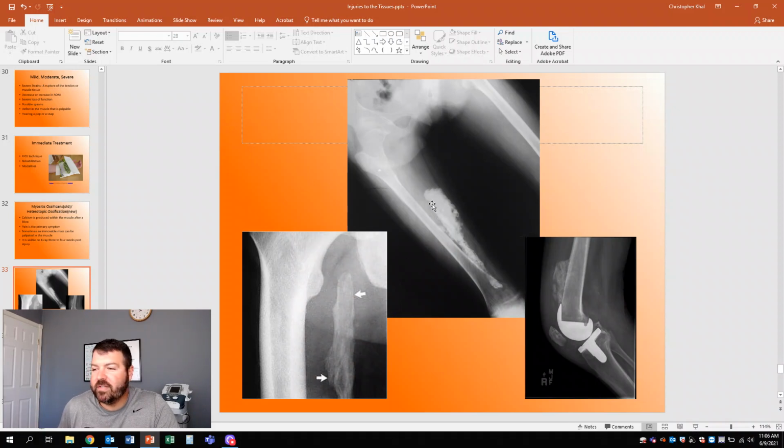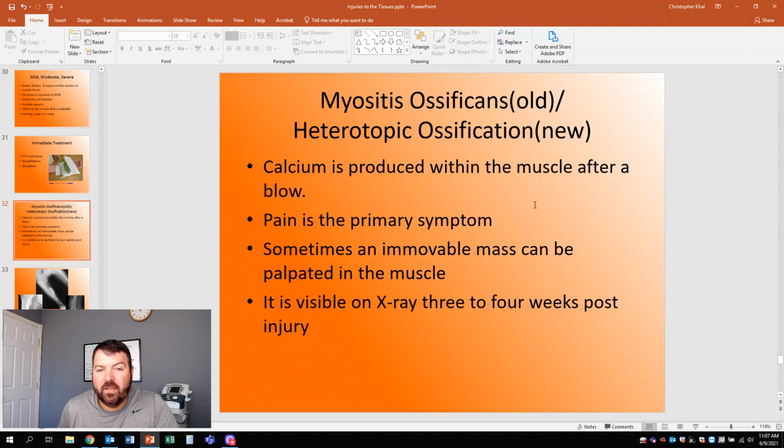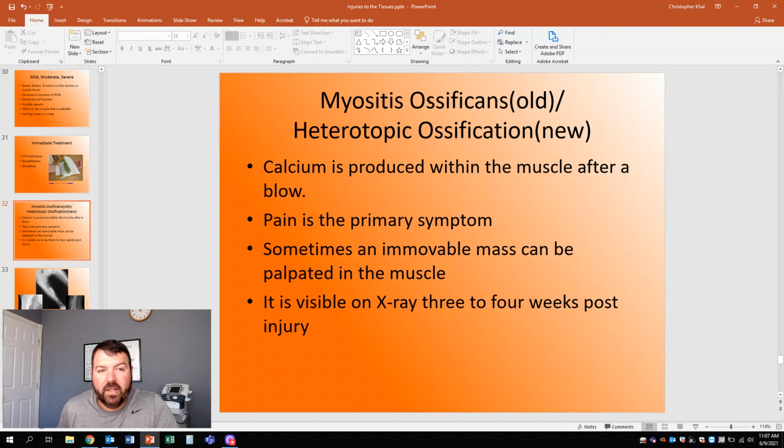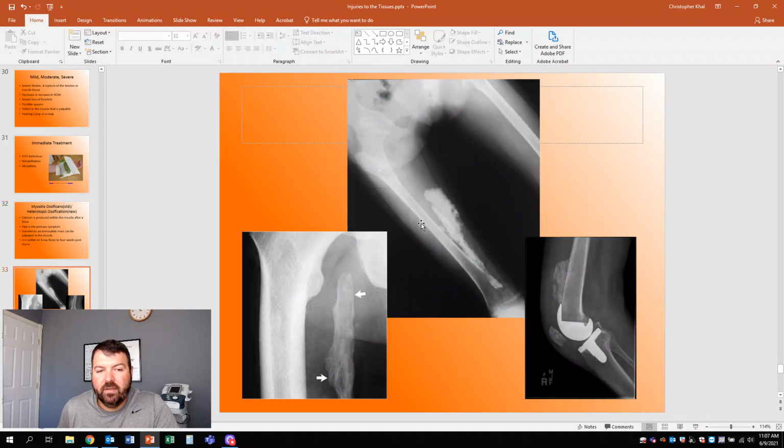And it sits there and sits there, or they get repeated quad contusions from football season, every day, and it sits there, and all that calcium from the blood, or produced from the muscle after a blow, calcifies. Hence the ossification. And now you have bone that is formed within that muscle.